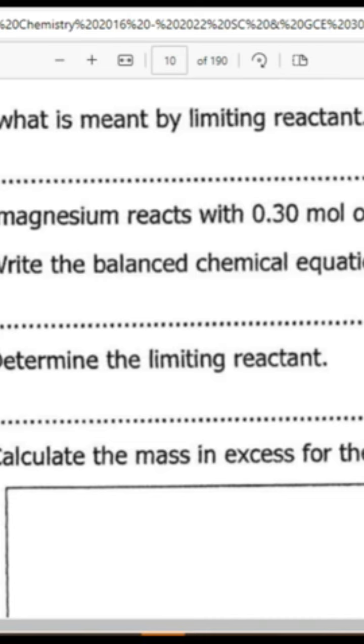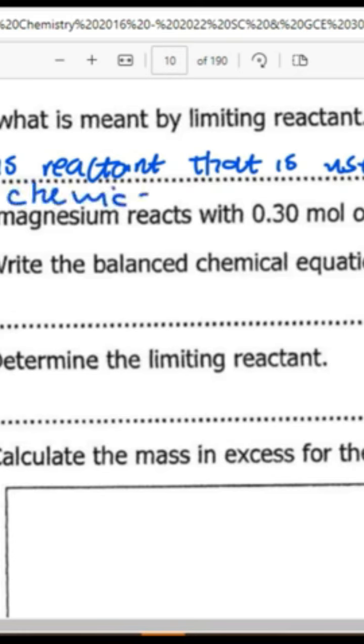So say this is a reactant that is used up first during the chemical reaction. So after this limiting reactant is used, then the whole chemical equation comes to a stop. So this is now the most important reactant because it determines the amount of the